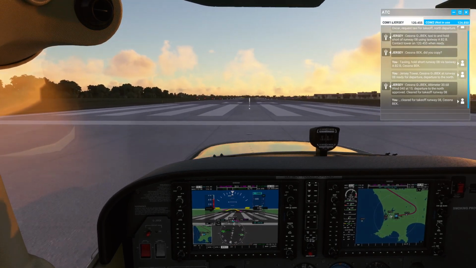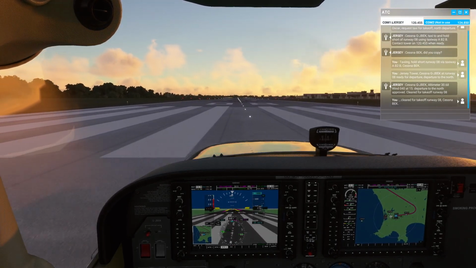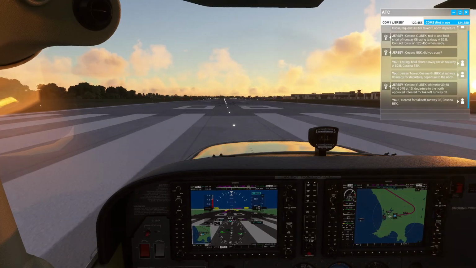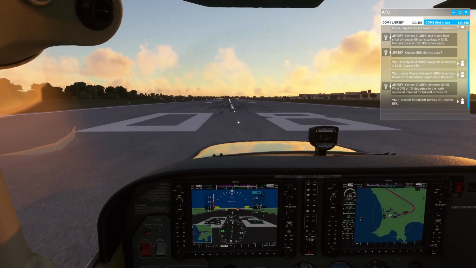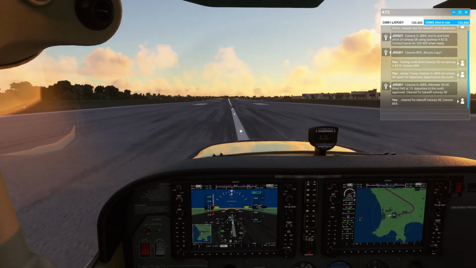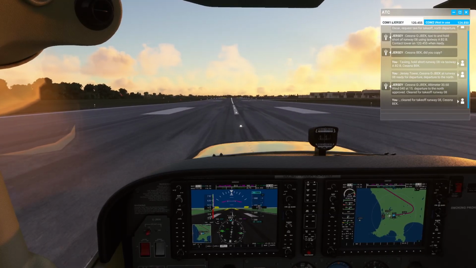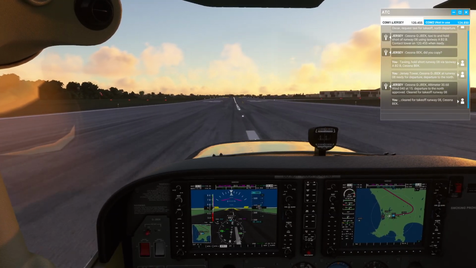So the wind is now coming from the right and trying to make the plane turn left, because the wind is hitting the tailplane, trying to make it spin on the axis of its wheels, if that makes sense. So we're holding right rudder all the way down the runway,